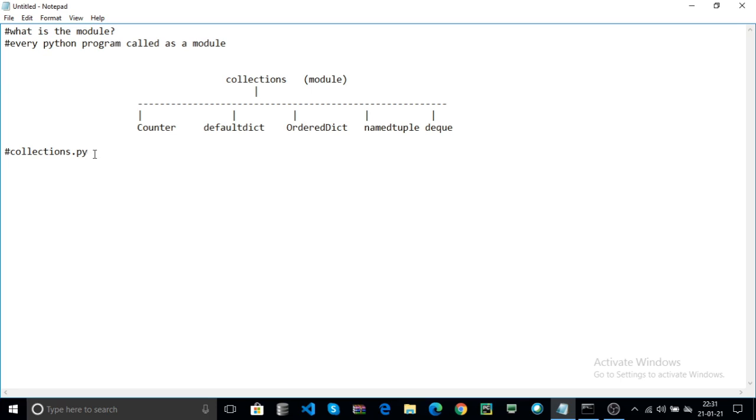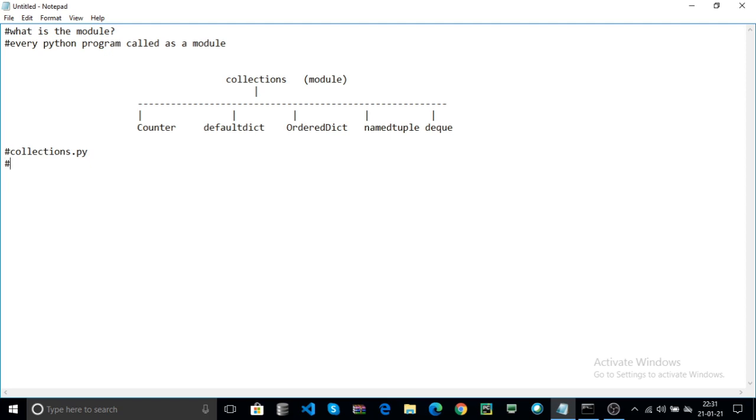The modules already defined in the Python library. The collections module is already defined in the Python library. The second one is user defined modules. These modules are defined by the user and stored on a local disk. Here collections.py is a standard module.